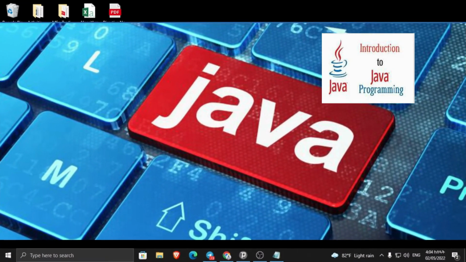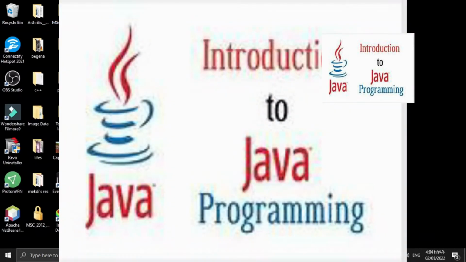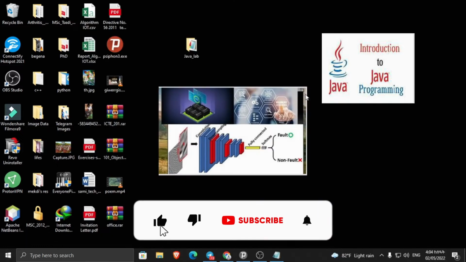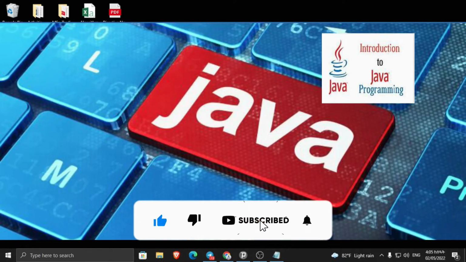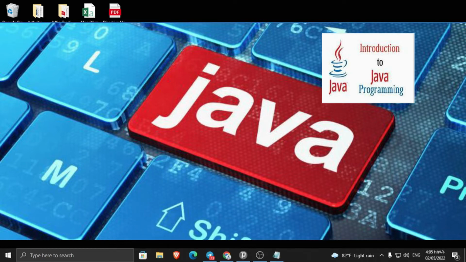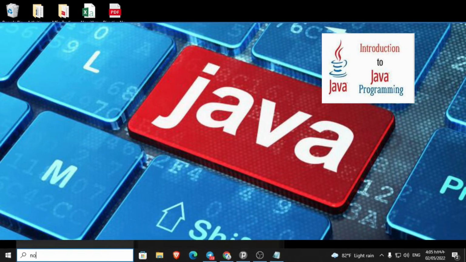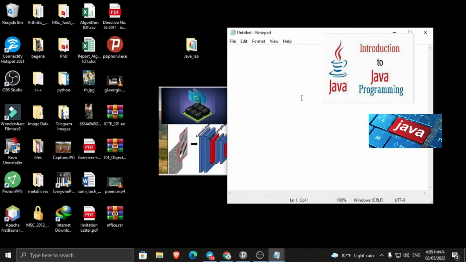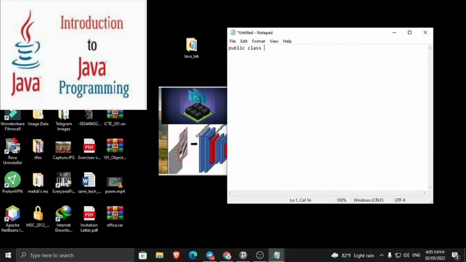Without an IDE, either NetBeans or any other IDE, I will show you using the Notepad text editor. Notepad is the default, common text editor on our computer. Just search for Notepad, open the Notepad application, and you can write your first Java